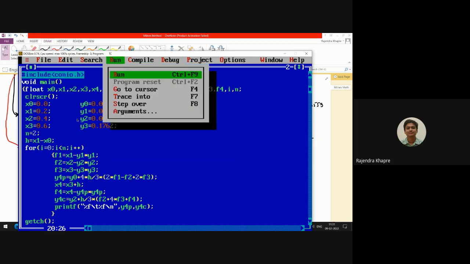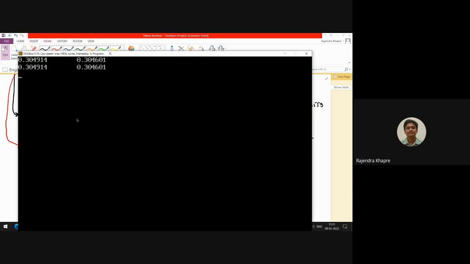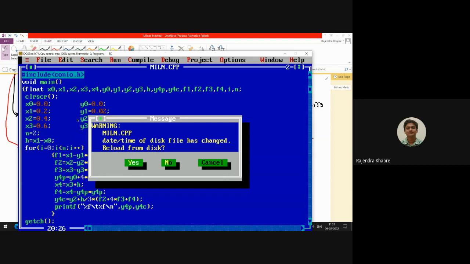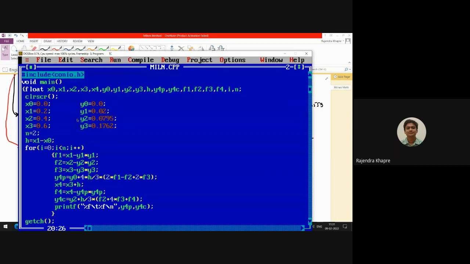Okay, and let me execute this. So the same values will be repeated two times. Okay, why has this happened? Because for the second cycle I have not updated the values of x and y, because you remember when we have gone for the second cycle,